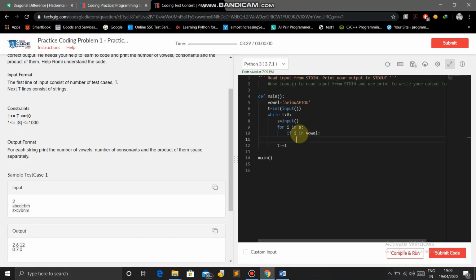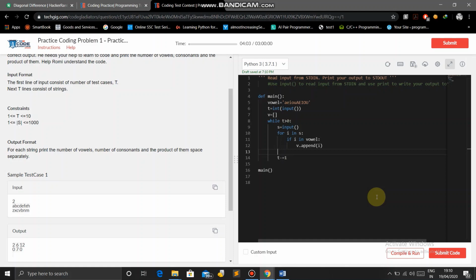If i in vowel, then we first assign a v list here that will take the vowel characters. So if i in vowel, then v dot append i. So it will take all the vowels.